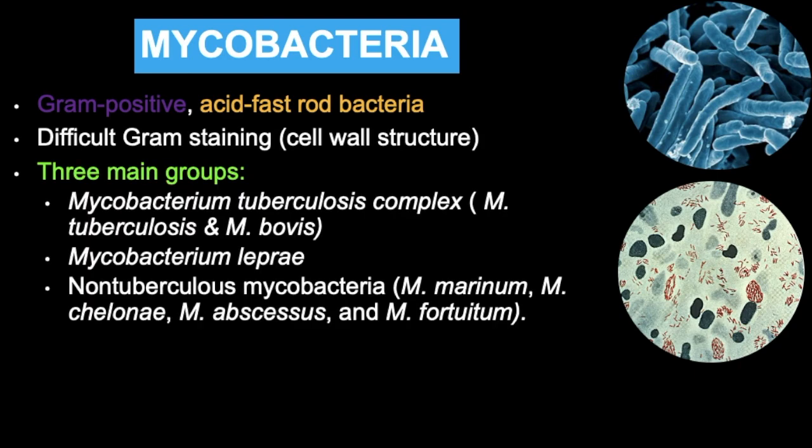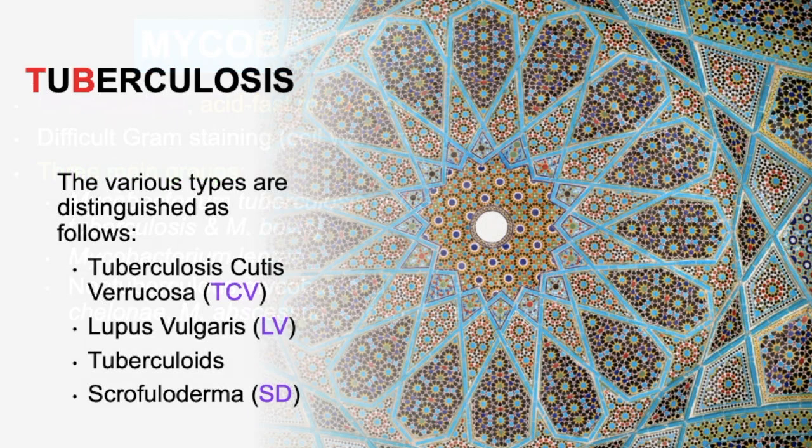the cell wall structure. There are three main groups: the Mycobacterium tuberculosis, the one we are all familiar with, the one that causes leprosy, and the atypical mycobacterial group. The ones that are important for the skin histology are the TCV, or tuberculosis cutis verrucosa, LV, or lupus vulgaris, and SD, or scrofuloderma. So